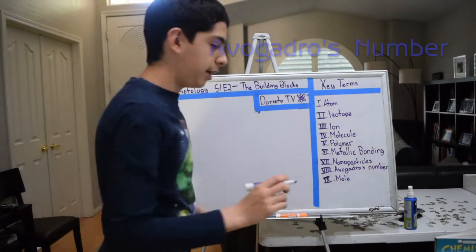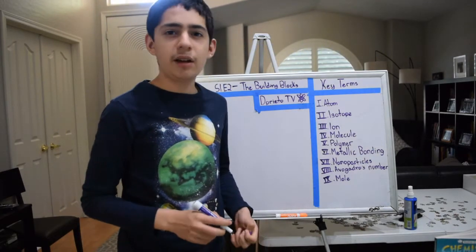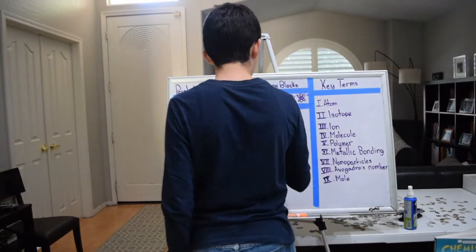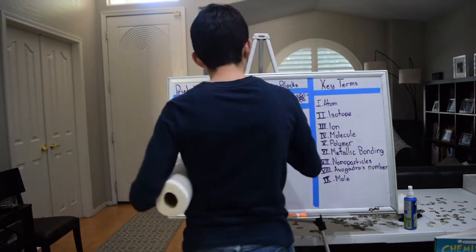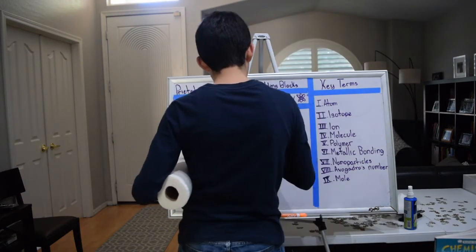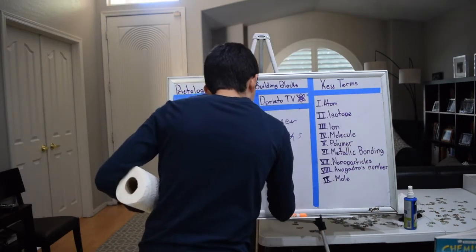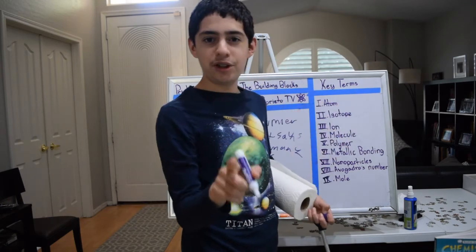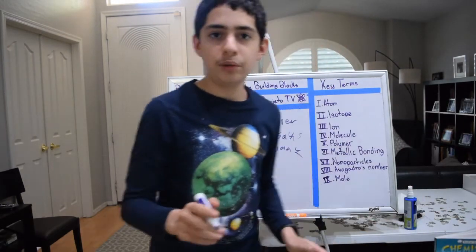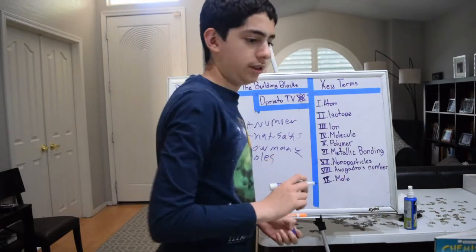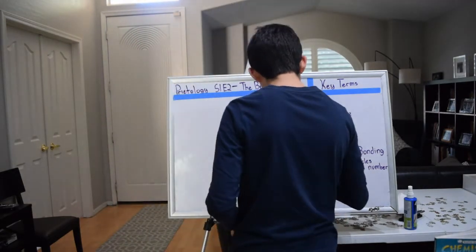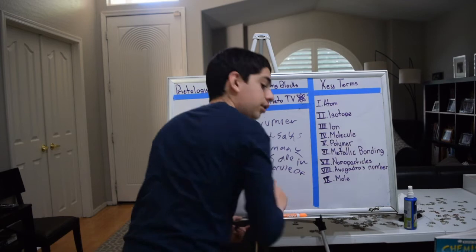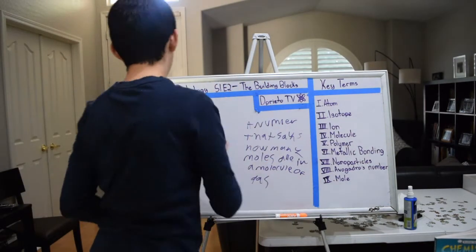So the number is named after some guy named Amedeo Avogadro. That's how you say it. So Avogadro's number is a number that says how many moles, not the animal. I think I briefly mentioned moles last lesson. Moles are basically a chemistry unit of measurement. It usually works with gases, and this special number is